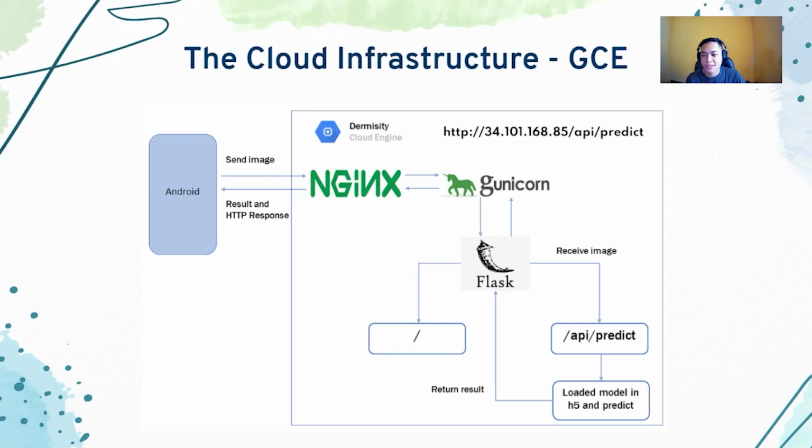So this Compute Engine that includes Flask, Gunicorn, and Nginx is used to connect between Android and machine learning to predict the result that we want as a RESTful API. Also, using this API is pretty simple. You just type the address, like the API and the endpoint, and send the image that you want to classify using the post method, and we'll get the result.